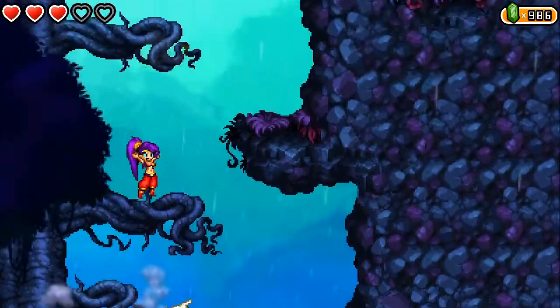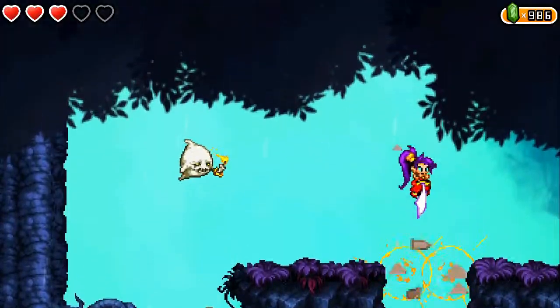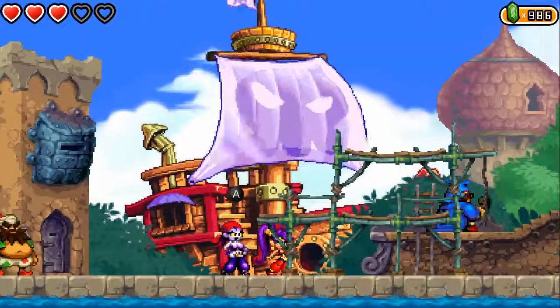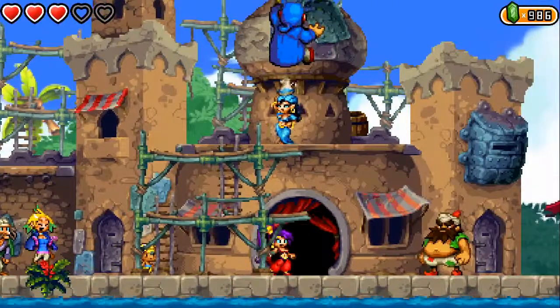Oh, right, and this is the last area. Okay, so yeah, right here is a heart squid, and then that will basically do it for everything we need to do on Spiderweb Island for now. Okay, so now that we're back in Scuttletown, which is where we were supposed to go next, these guys' parents